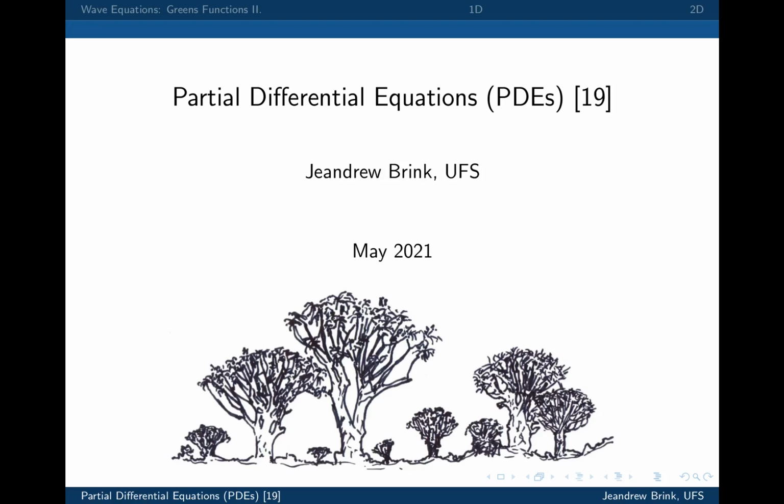Welcome to lecture 19. Today we'll be continuing with looking at Green's functions for the wave equation, and we derived the general formula for any dimension in the previous lecture, and today we'll look at specifically how we get the one-dimensional D'Alembert solution from the Green's function, and then in the second part we're going to be looking at the